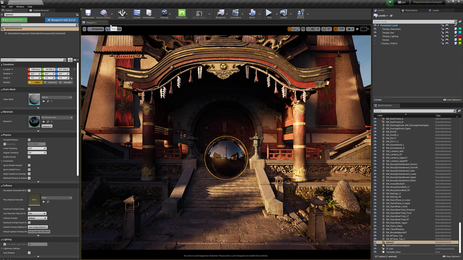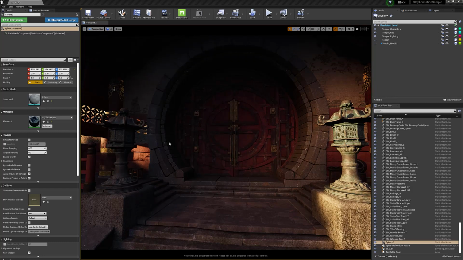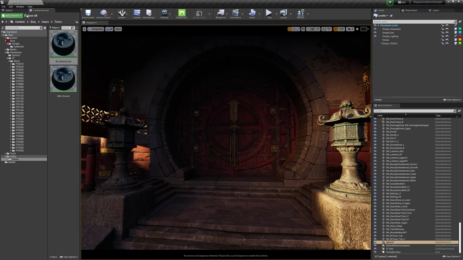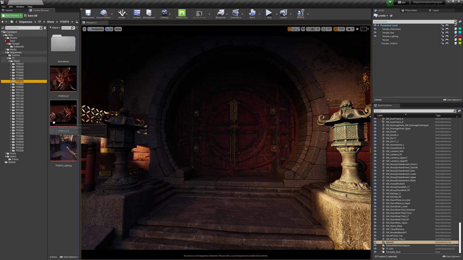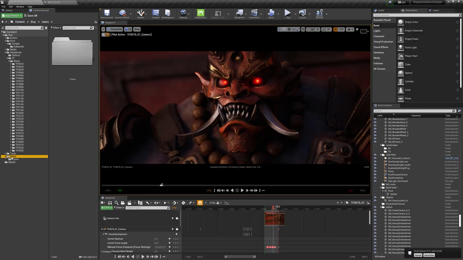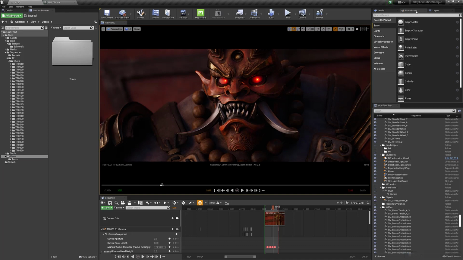If you had an HDRI in here, this is a great trick for lining up your directional light to the sun position in the HDRI. It's also a useful tool when you're doing character lighting and you might be zoomed in close on a character where you don't necessarily want to be moving that camera in and out too much.